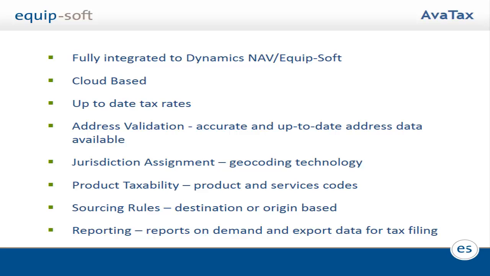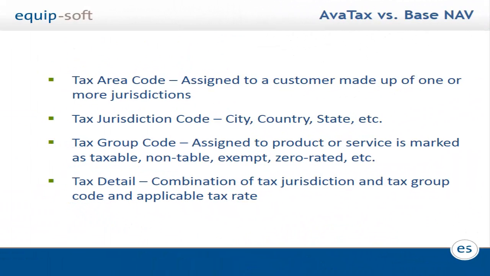Of course. We have a lot of customers that do not use AAVE Attacks that span many, many different states and cities. It's just a matter of you maintaining it on your own, including updating the tax rates. So what does AAVE Attacks versus base NAV really do? And what's the comparison? Typically today, a customer, and by the way, a vendor as well, I'm just talking about sales at this point,